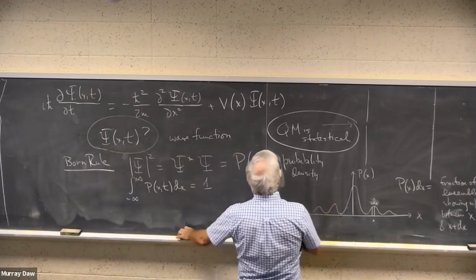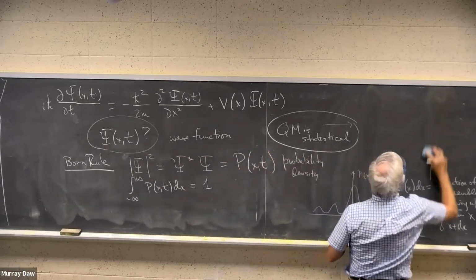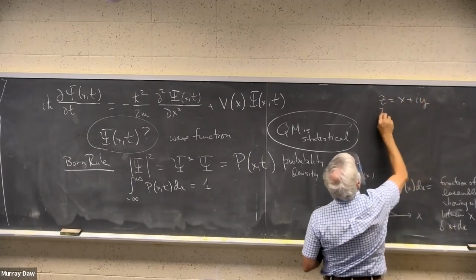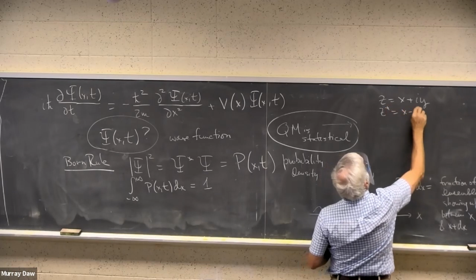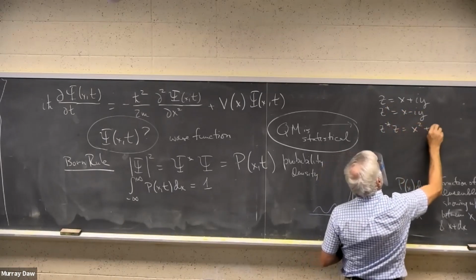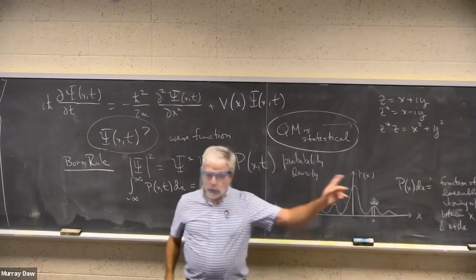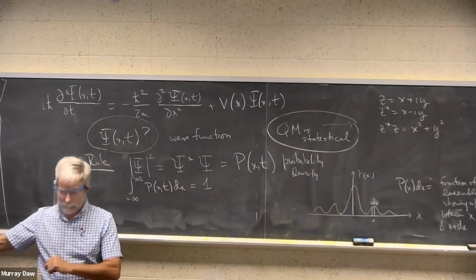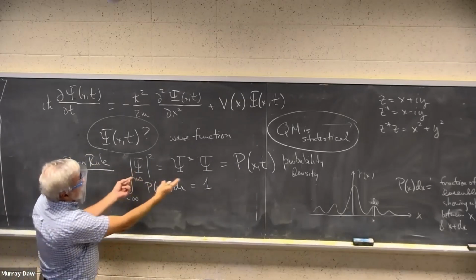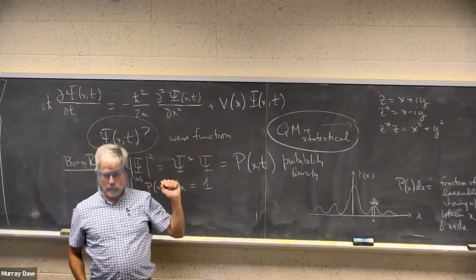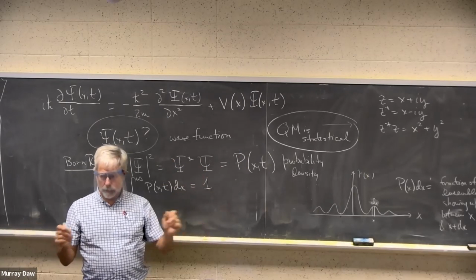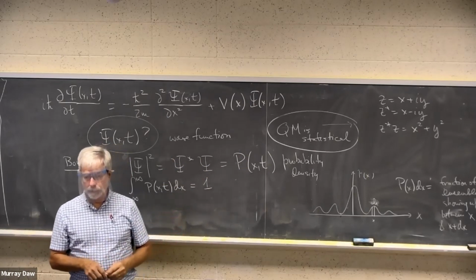If I have a complex number in Cartesian form, and its complex conjugate, when I multiply them, I get x squared plus y squared. I get the sum of the squares of the cosine part and the sine part. Add up like that. So this is a compact way of keeping both of them together, the cosine part and sine part. Probability has both of them together, and the probability is real.